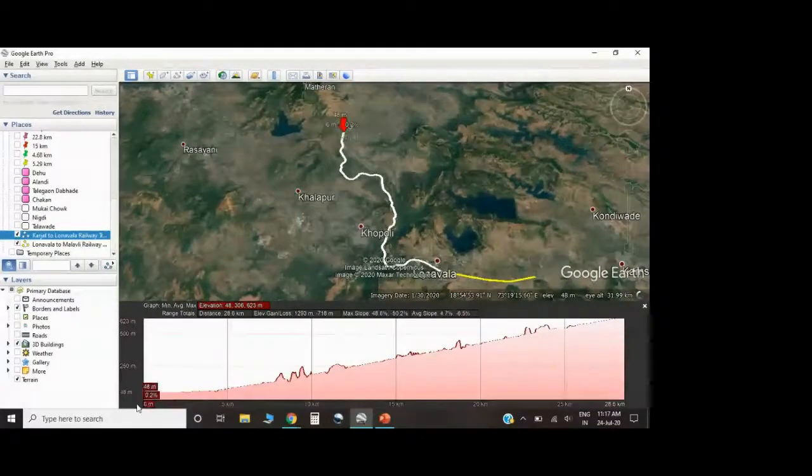Now if I told you to calculate the gradient for the first 4 kilometers, just take a notebook and pen and make two columns.